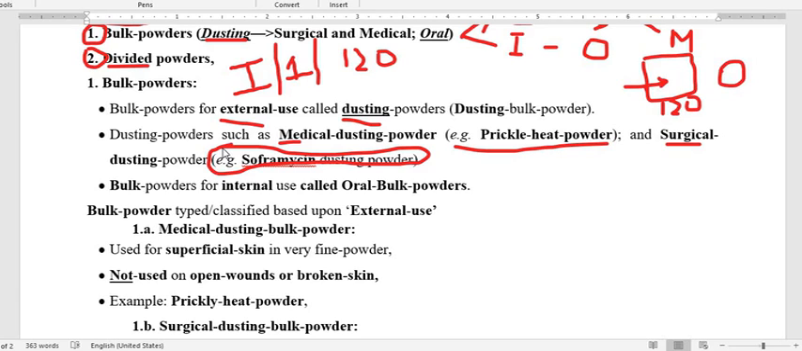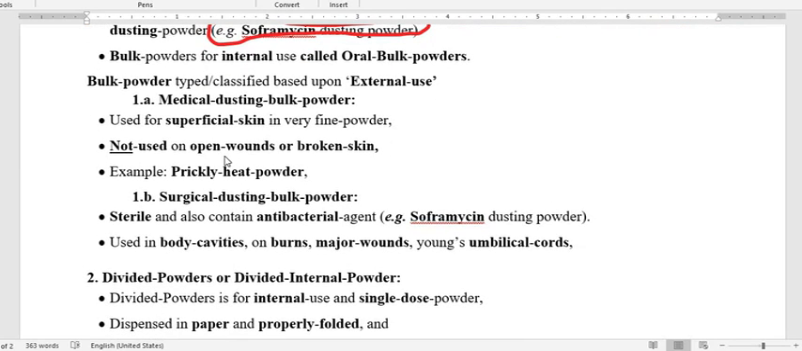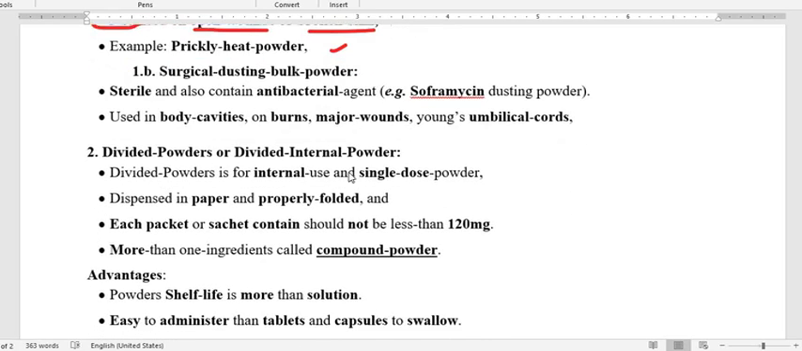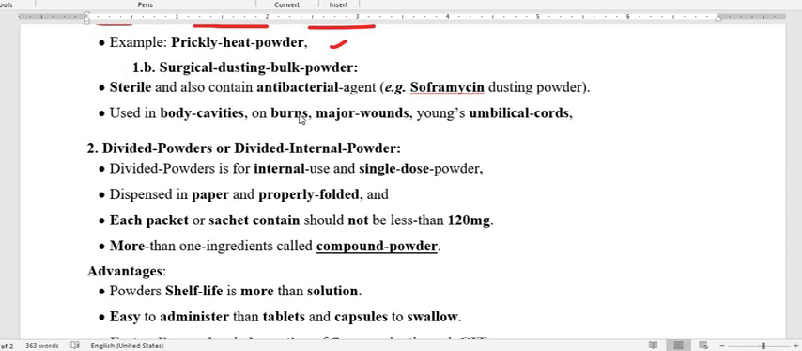Now we have to go through what we already discussed. You apply medical dusting powder superficially on the skin, and this is a very fine powder that should not be used on open wounds or broken skin. The example is prickle heat powder. Also, we already discussed the surgical dusting powder, and the most important thing regarding it